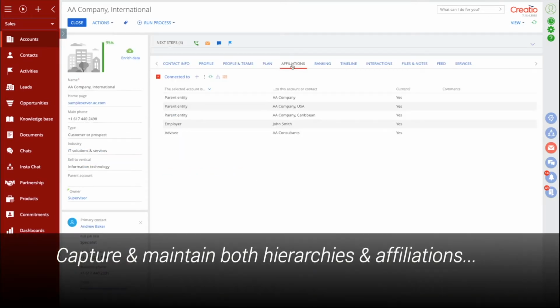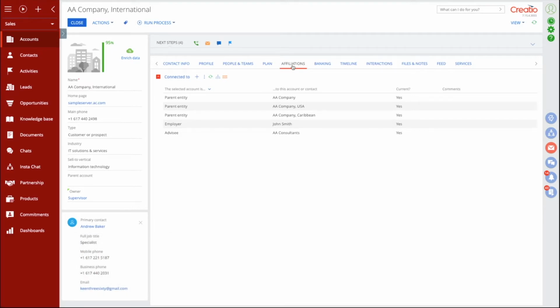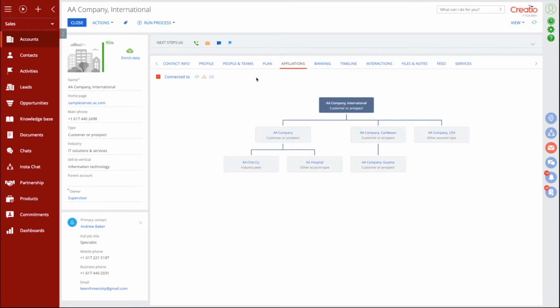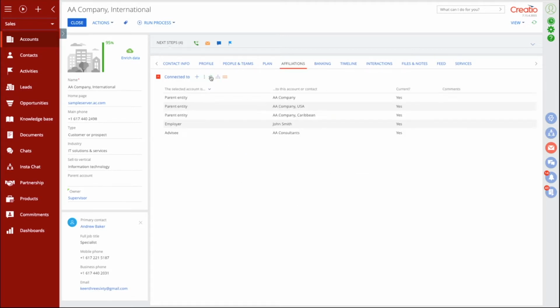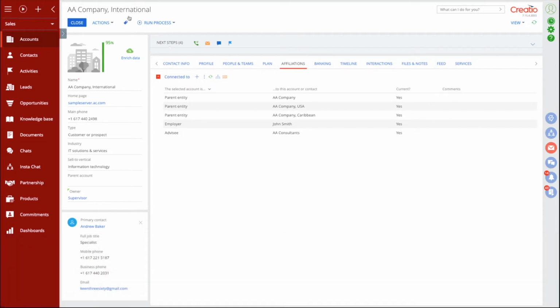Also important for solution selling and different than some of the alternative platforms on the marketplace is the ability to model and maintain complex relationships amongst organizations and people within the system. Yes, we can model traditional hierarchical relationships that might exist for a company and for its divisions or units, but also, as we can see in the list view, we can define other types of relationships between a company and other entities. For example,